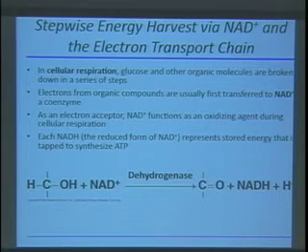Okay, so this slide here really discusses the fact that in cellular respiration, glucose or other, and I should have said this earlier, we're focusing on glucose, but you should know that other kinds of organic molecules can also be broken down for fuel. We'll talk about that in a later lecture this week, okay? But in cellular respiration, these starting materials are broken down not at once, but in a series of steps,